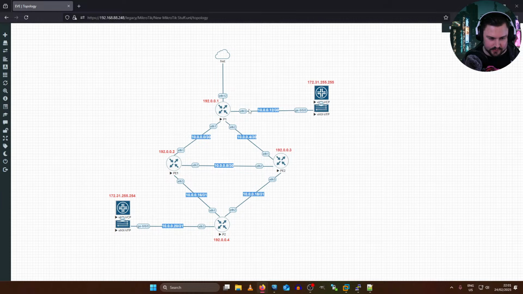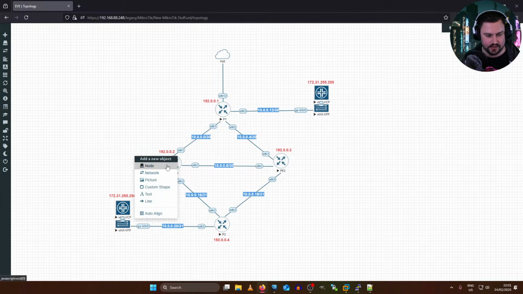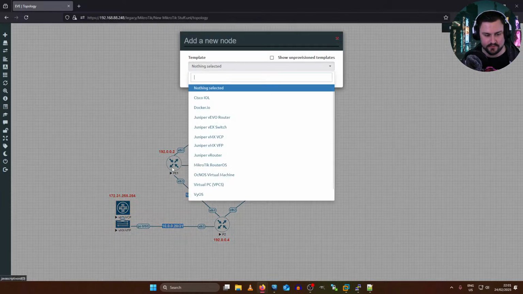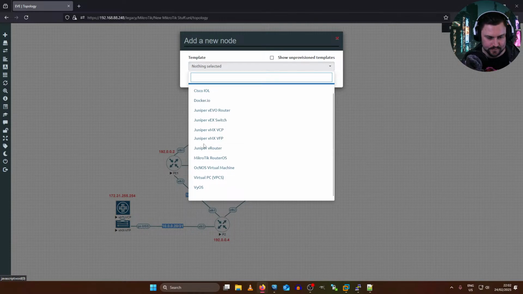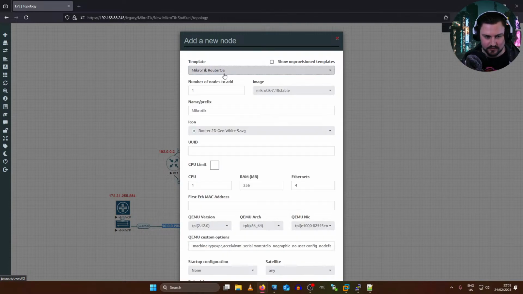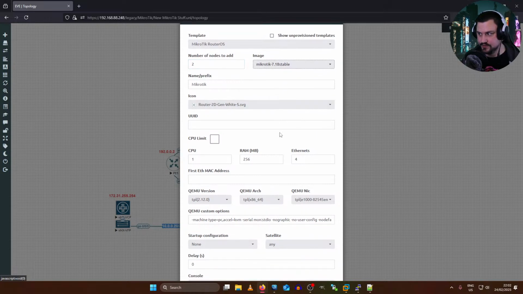Let's see. We've got our 2, 3, 4 PEs. So firstly, let's try and build up some MPLS stuff. And this will be where a little bit of the fun starts. I'll do it on the MikroTiks again. And I'll just bring up a few more MikroTiks, like 2 of them. But think of these now as the customer's MikroTiks. This is on site. This is at their offices or at their house or at their data center. I shouldn't say house, because it's very rare you'll be spanning L3 VPNs to somebody's house. It's mostly a business type of feature.